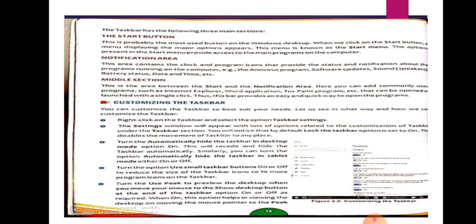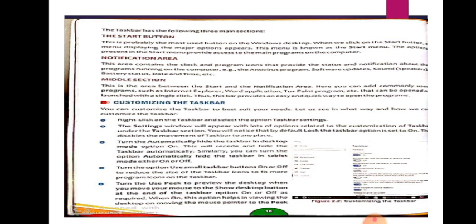The notification area consists of the clock and program icons, which provide the status and notifications running in the computer. In the middle section, between the start button and the notification area, you can add programs such as Chrome, Word, Internet Explorer, and other programs which can be launched with a single click.